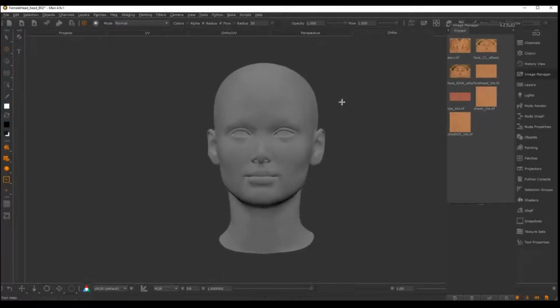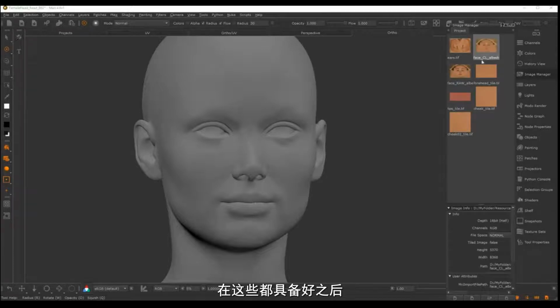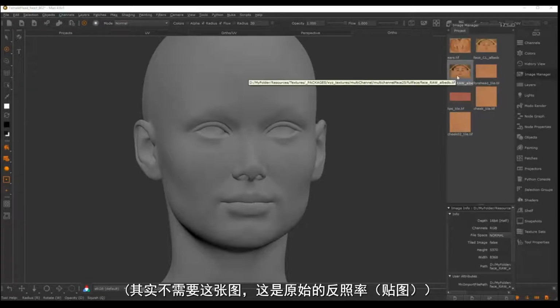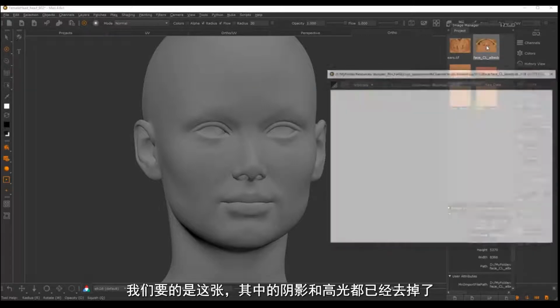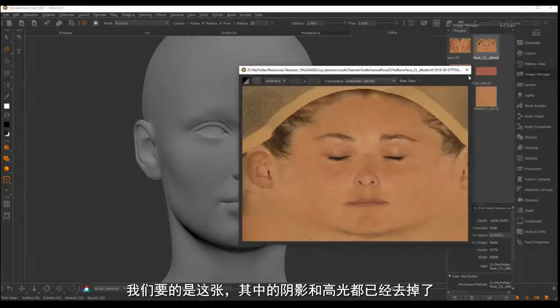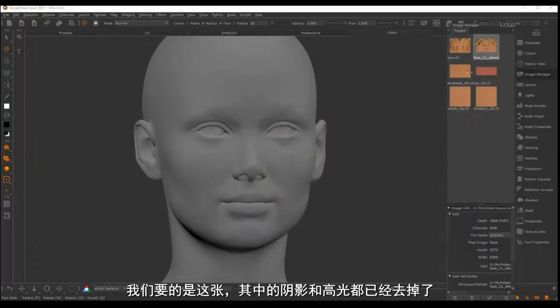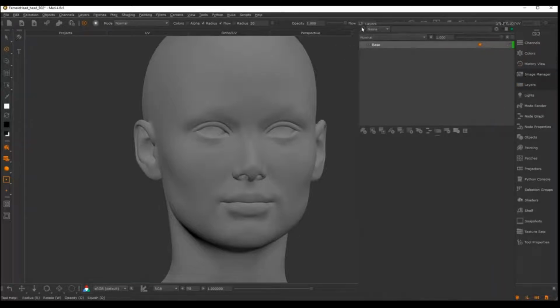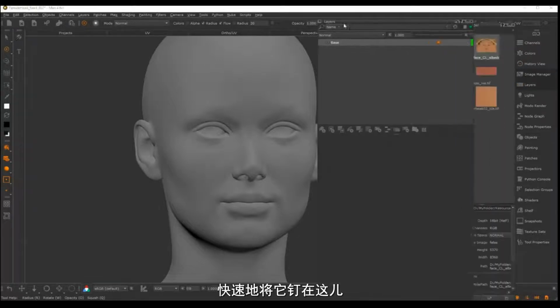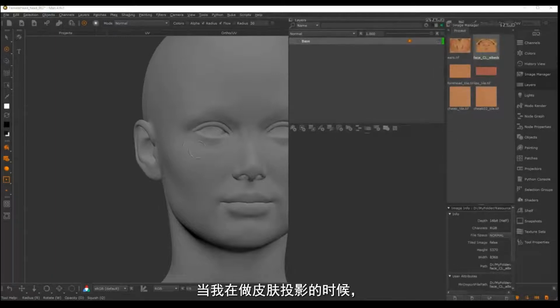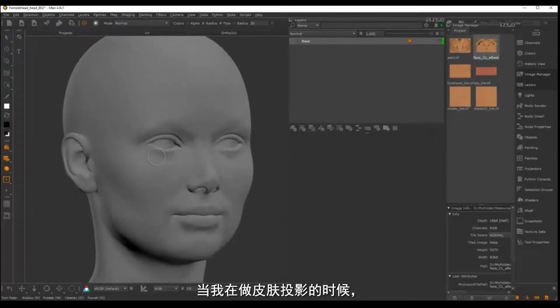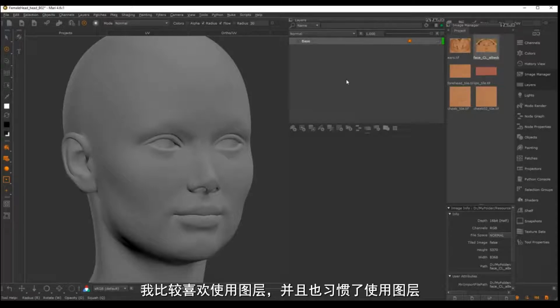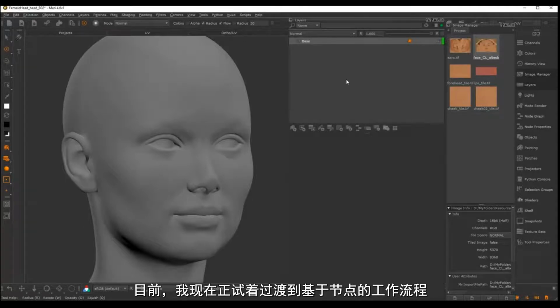And we can just start projecting. With these available, we actually don't need this one. This is the raw albedo, but we want this one where the lighting, the shadow and highlights have been removed. Okay, so let's go to layers and let's pin this really quickly. When I'm doing skin projection, I'm just so used to using layers in the past. I'm trying to transition over to a node-based workflow at the moment, but